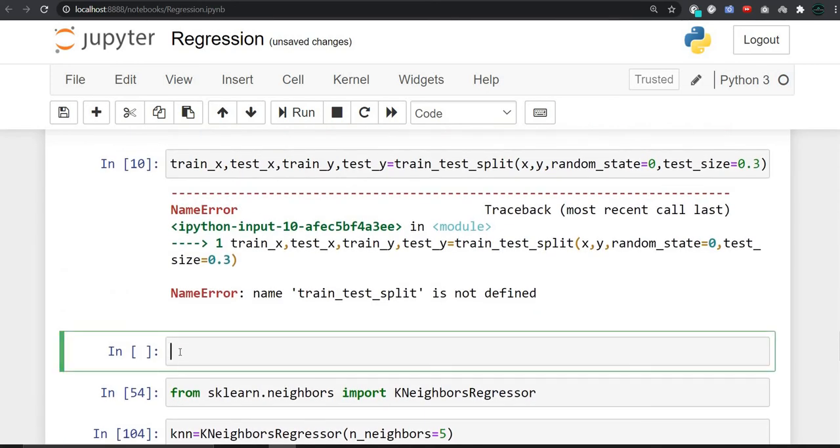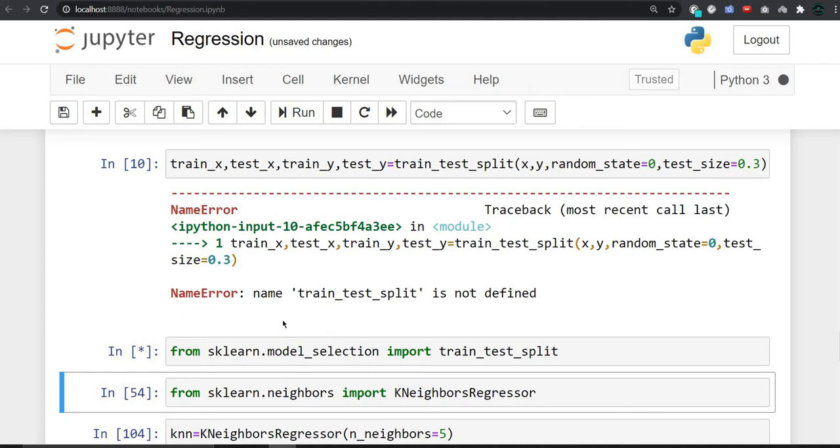So we have to write from sklearn.model_selection import train_test_split.